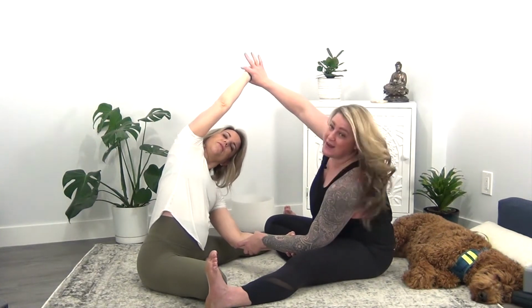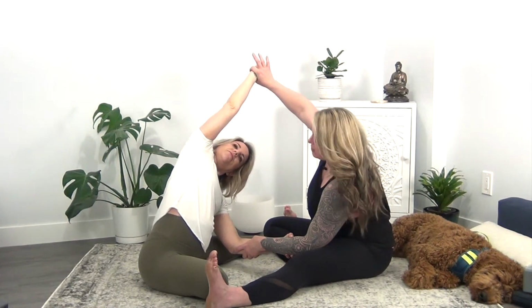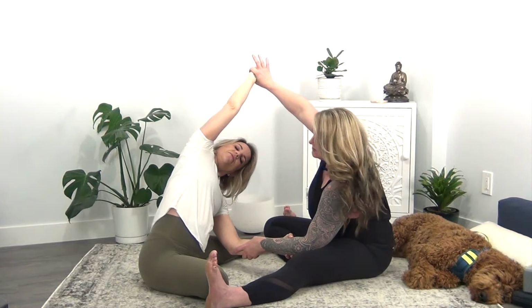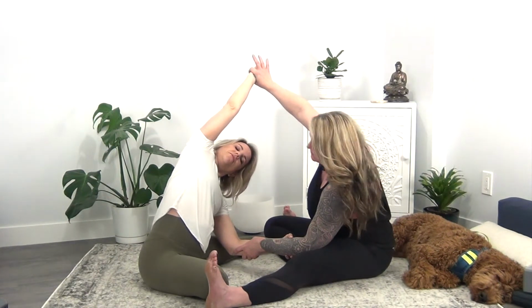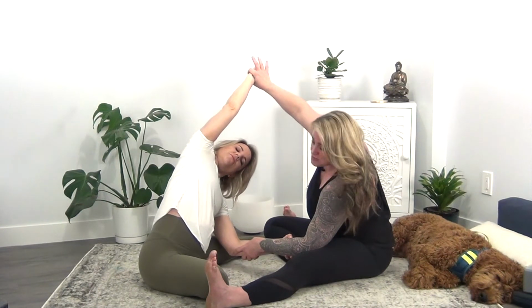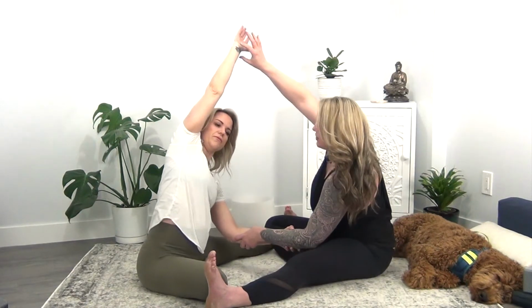I'm going to reach my right hand towards Danny's right hand. I'm going to lift her up. And as I lift her arm up, she's going to just feel a nice stretch through the intercostals, so in towards the sides of the ribs. If she feels tightening in the front of her abdomen, she's going to give the babies a nice little embrace and hug to kind of engage those lower abdominal muscles. Good. Next exhalation, we can draw the shoulders back over top of the hips, and then we'll just switch out